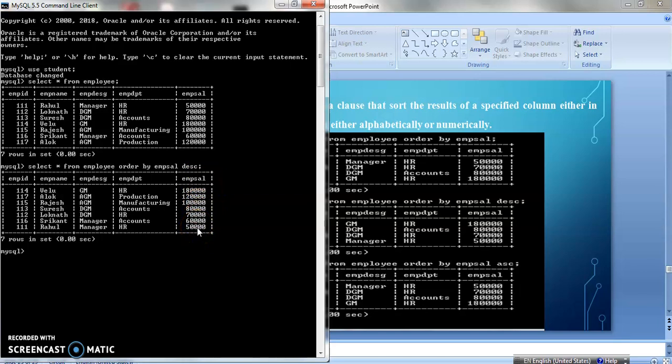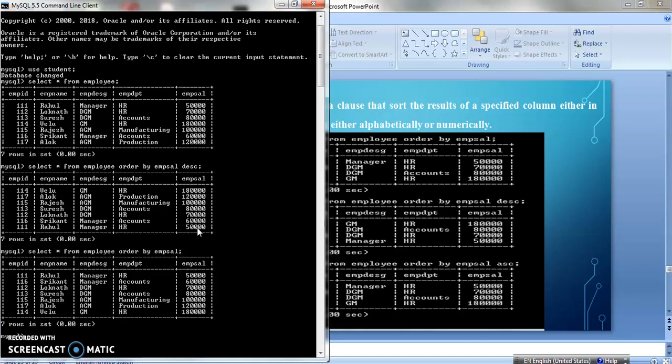Now if you want the lowest salary to come first, that is from lowest to highest, we should execute this in ascending order. The command will be the same, order by employee salary, but for ascending I can either write ASC or write nothing. Because if you write nothing, order by rearranges the data in ascending order by default. So you can see I am getting data from lowest to highest.